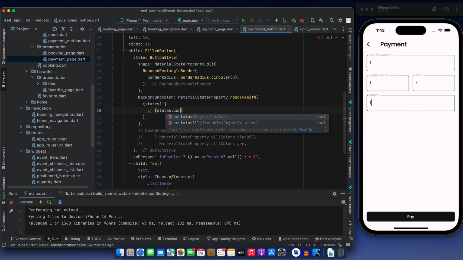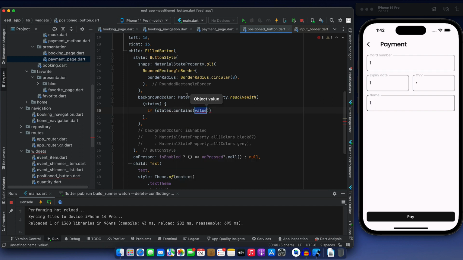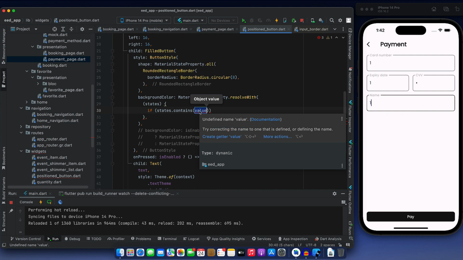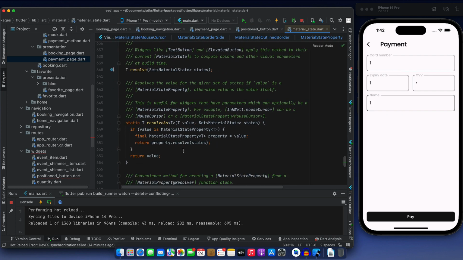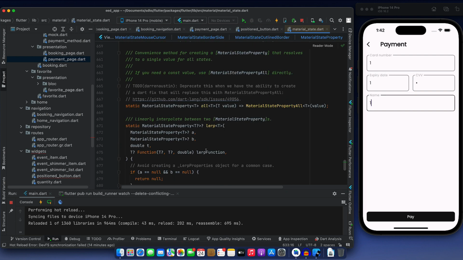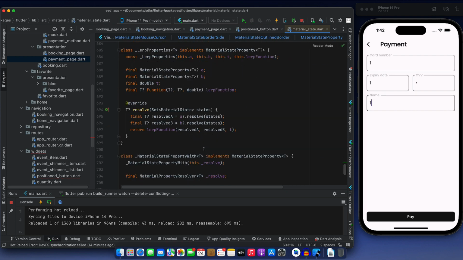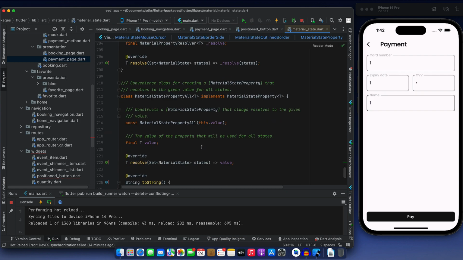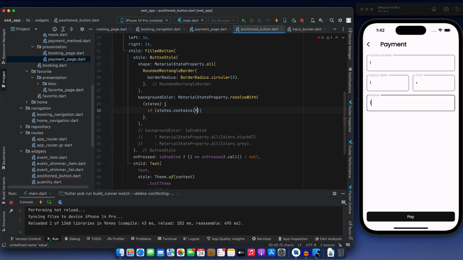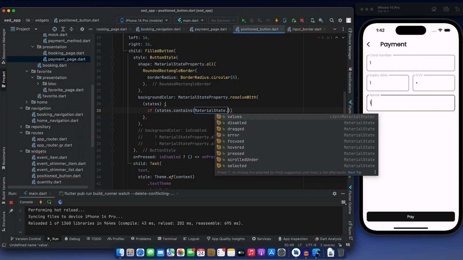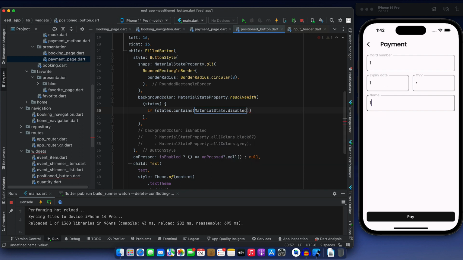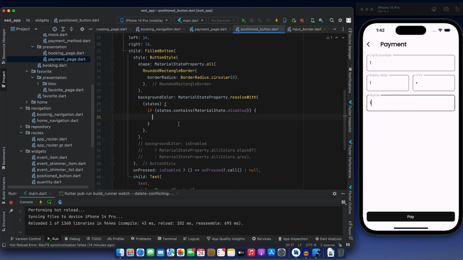If states dot contains, I think it would be what we call the material state property. It should have these types of properties, like disabled, focus, hover, something like that. Material state, yeah, this is that variable. So material state dot, yes, disabled. Okay, if it is disabled, then the color would be